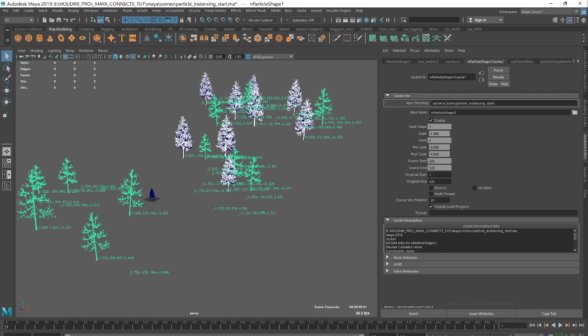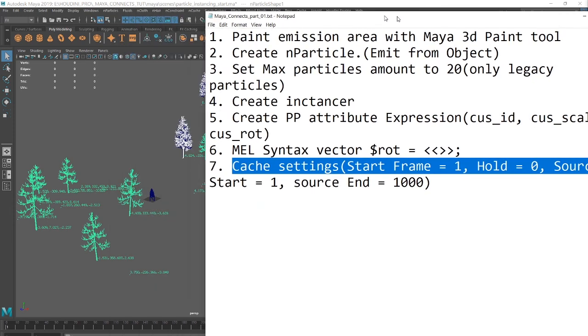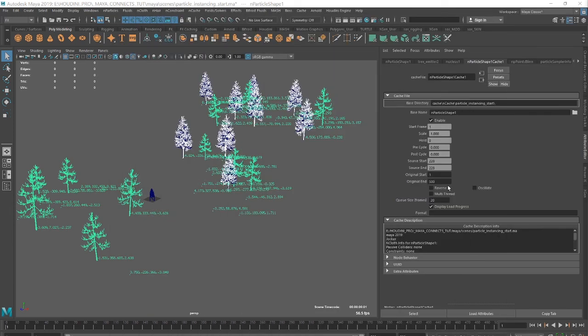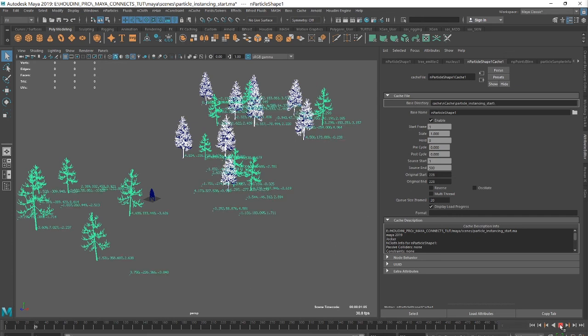Source start. I think I wrote down this frame, hold source start. Sorry. The original start is 228, and here also 228, and here the source start is from 1 till 500. Okay, that's a little bit confusing, but